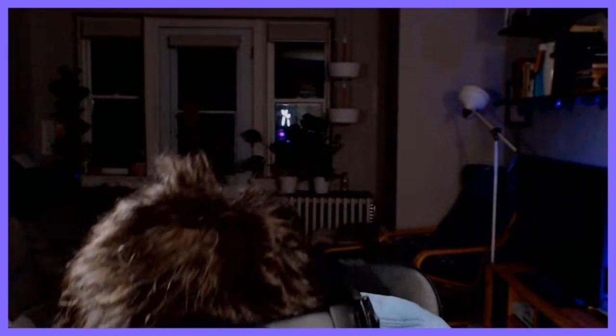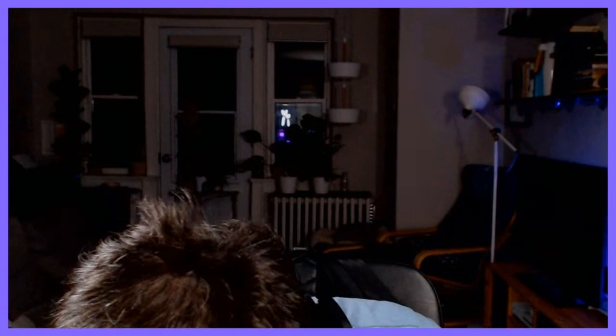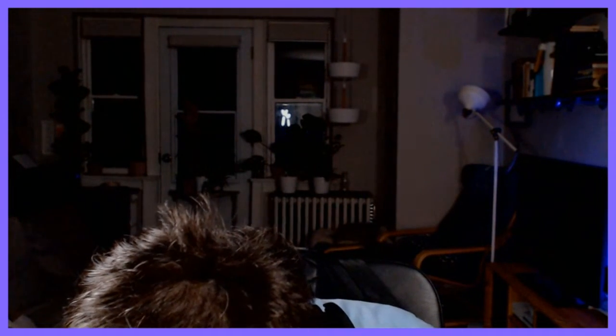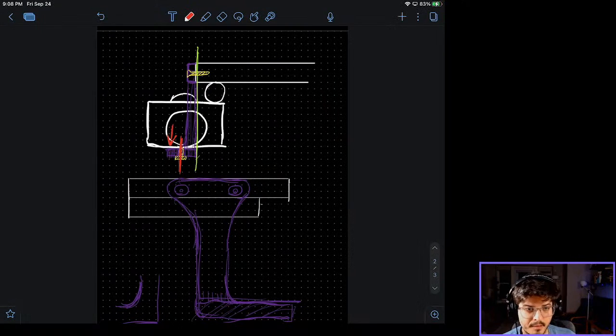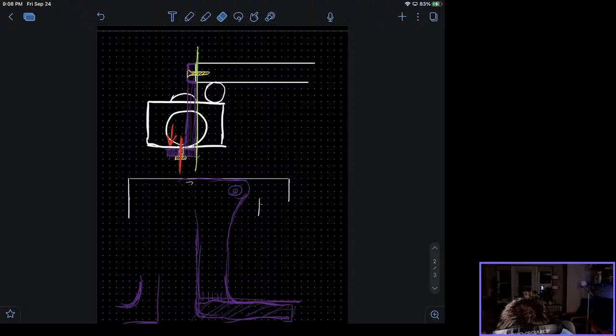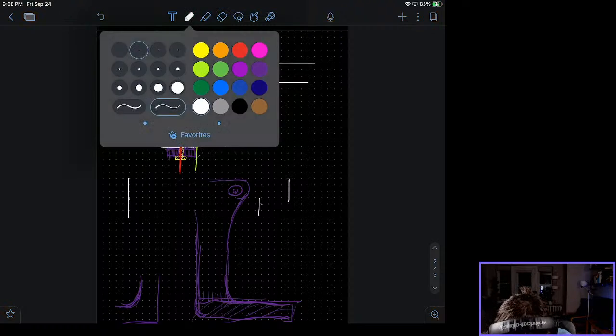Let's see here. Am I missing something? Could I then just do this? Let's go back to the drawing. Let's say I do this. So let's put the shelf back.